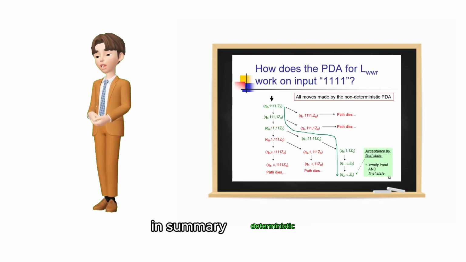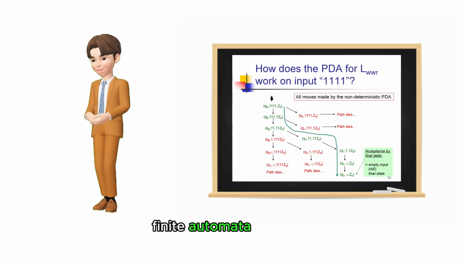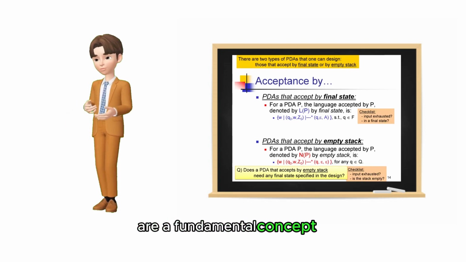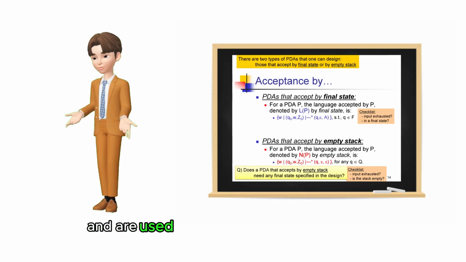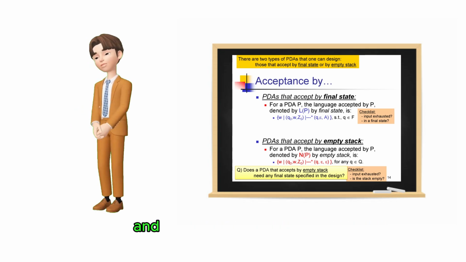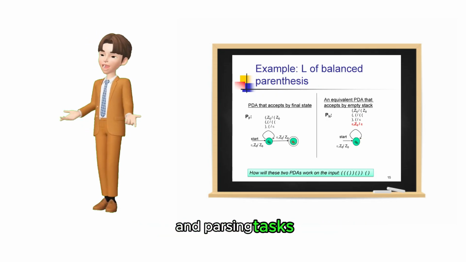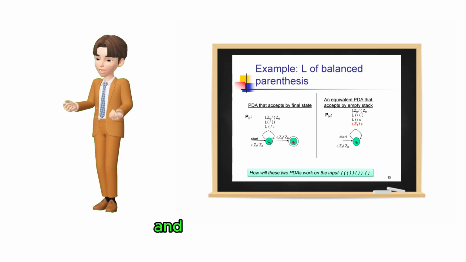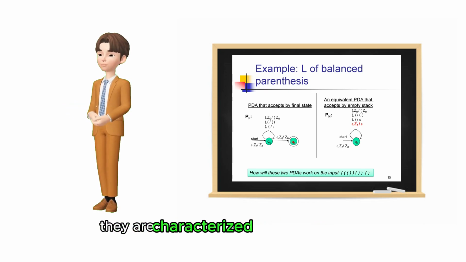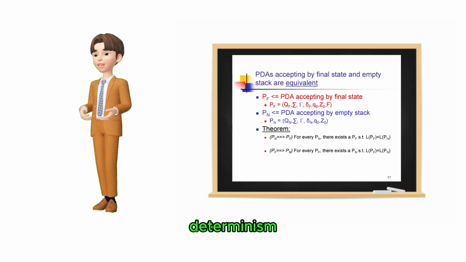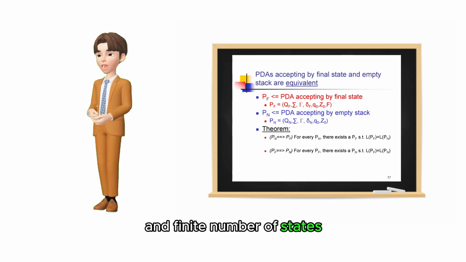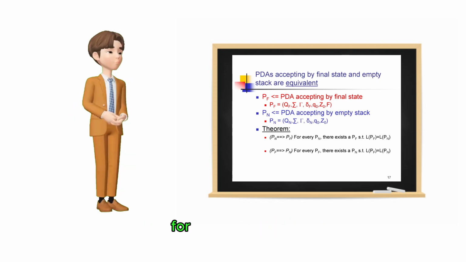In summary, deterministic finite automata, DFAs, are a fundamental concept in automata theory and are used to recognize regular languages and perform pattern matching and parsing tasks in various computer science and computational fields. They are characterized by their simplicity, determinism, and finite number of states, making them a valuable tool for text processing